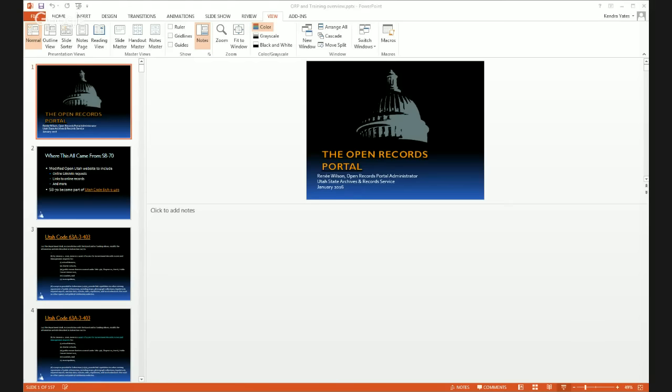All right, so let's just jump right in. The Open Records portal came from legislation a couple years ago in Senate Bill 70, and it modified the Open Utah website to include online GRAMA requests. This is the code.